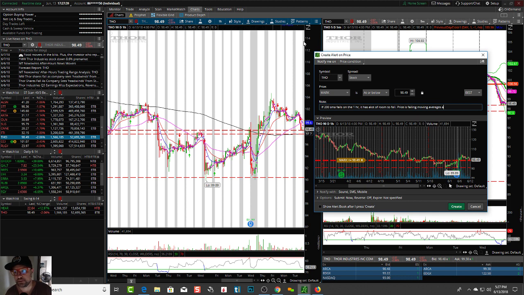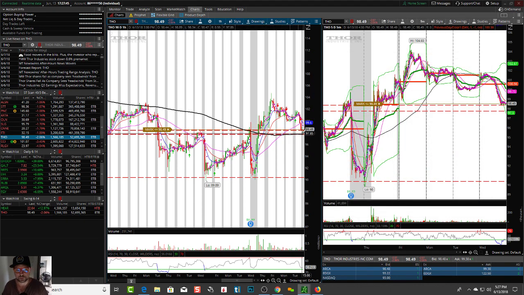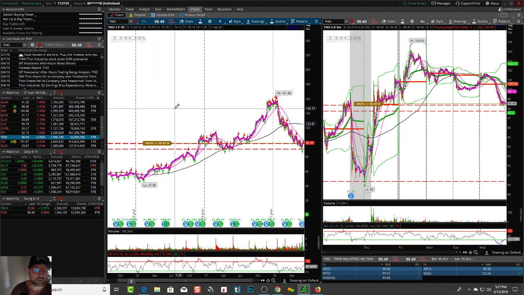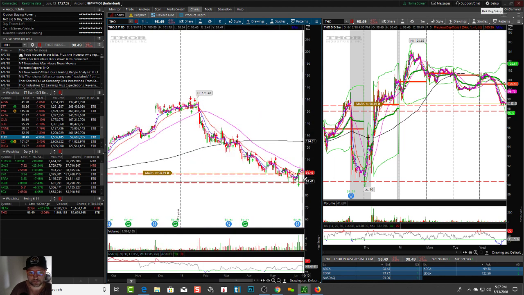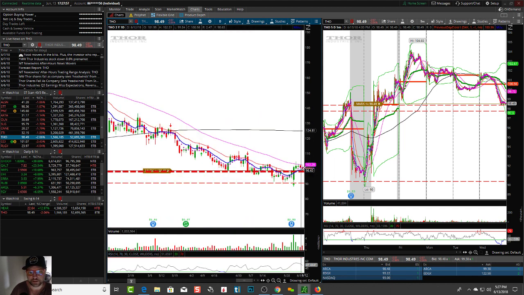Averages on daily. So again, this is a potential one here. If this 200 SMA can fall, this has definitely some room to fall. Spreads are a little bit borderline right now, but gotta watch and see tomorrow. You can see it's starting to potentially fail those moving average lines on the daily, so it's got some room.